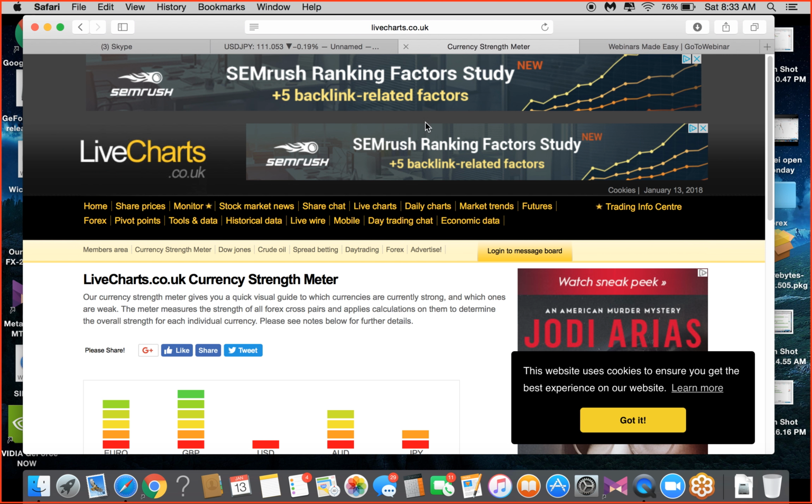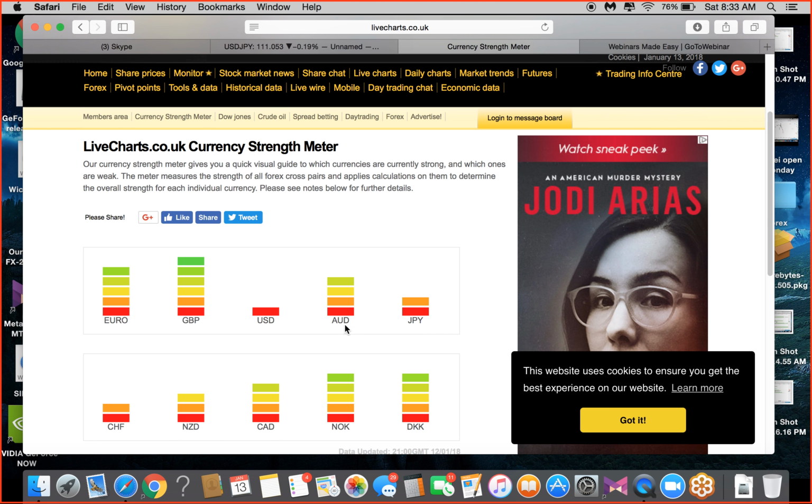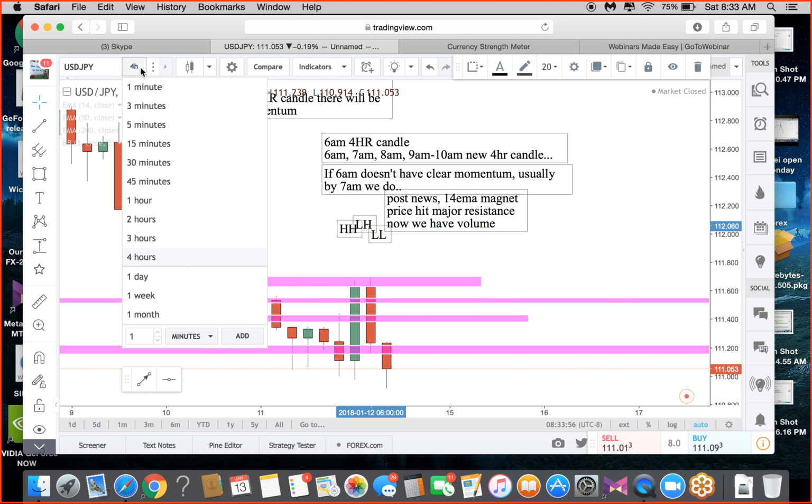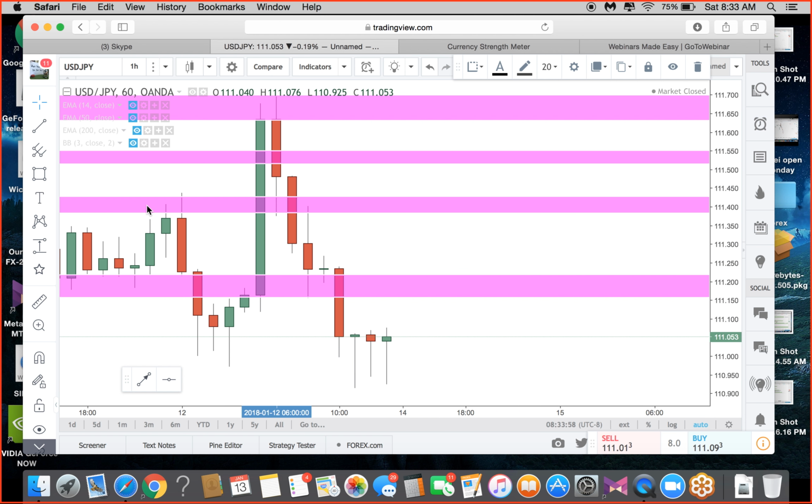And then if you apply the currency meter, the US dollar was still weak after news. The US dollar was weak, the Japanese yen was a little higher. So just applying the currency meter with momentum, you can get an idea of where price is at. So if I didn't take any trades in between this time, by 10 a.m. there's usually a spark in that new 4-hour candle. And in that time,